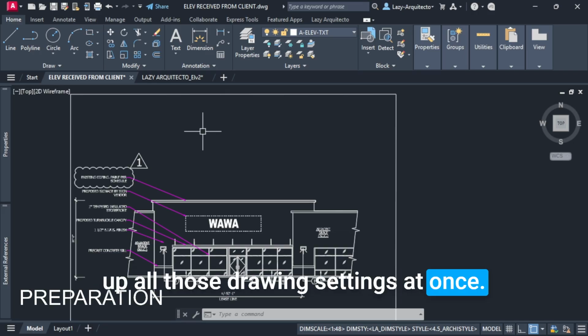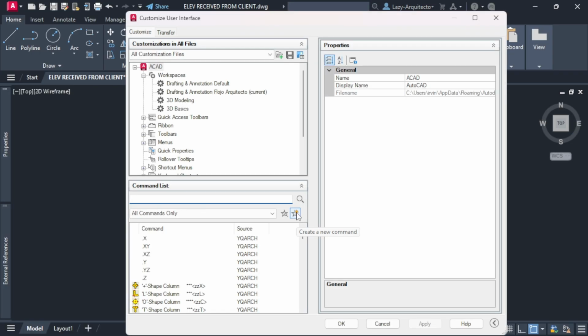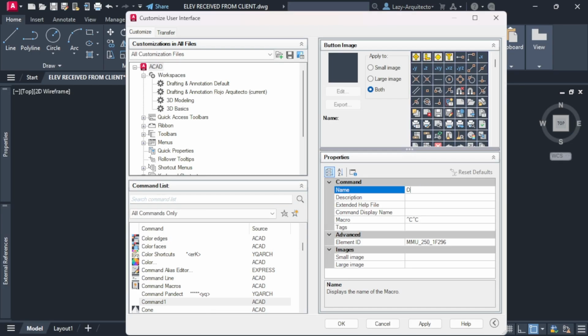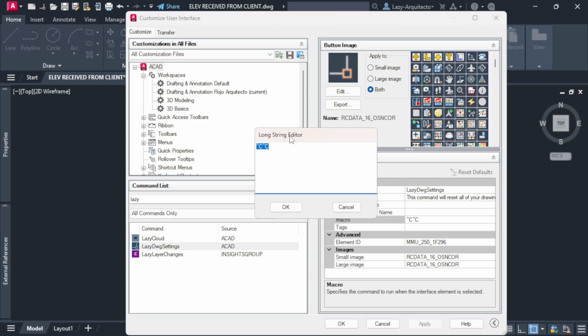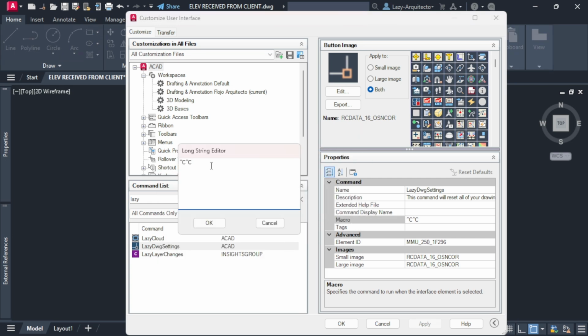at once. I'm gonna go to the CUI and create a new command. Name: DWG settings. Expand the macro section. One of the first things I hate when I receive drawings, I don't have my